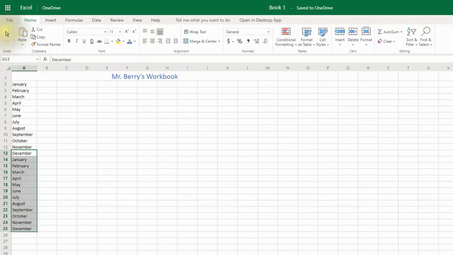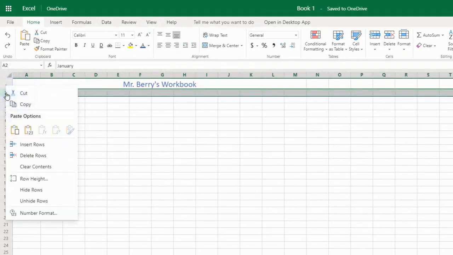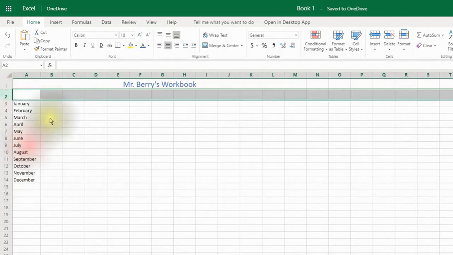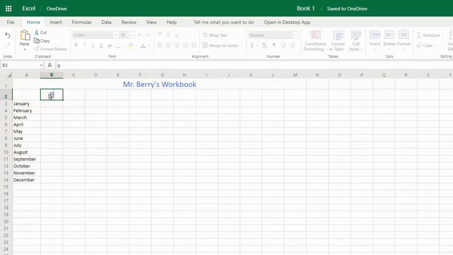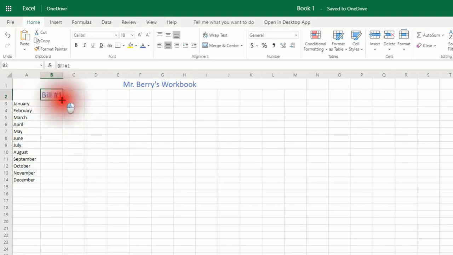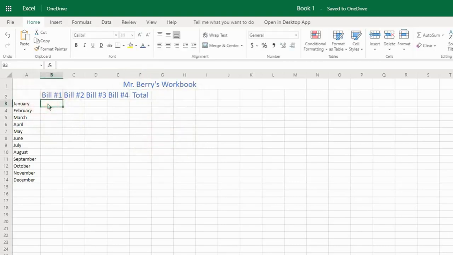If you make a mistake, just click on undo and it takes it off. Now what I'm going to do is add another row here. So I'm going to right click the second row, number 2, say insert row, and I got another row here. So now I'm going to type in bill number 1. If I want to drag this across, now I have let's say 4 different bills, and I'm going to have the word total,